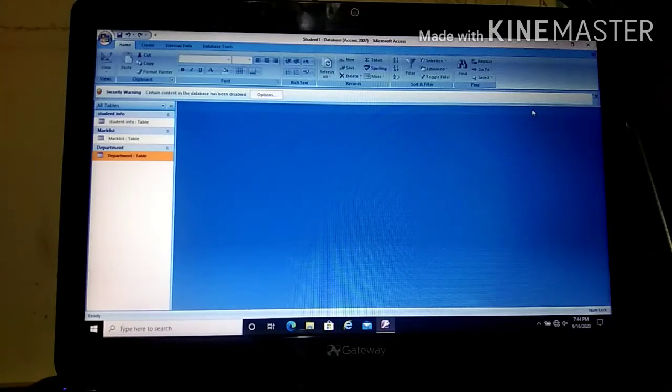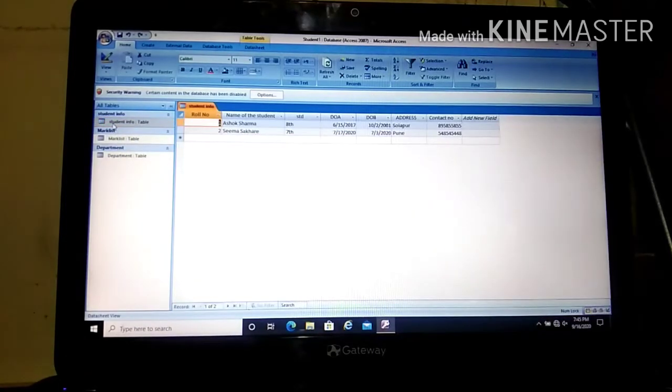In that, the first point is inserting a field. As I already explained how to insert a new field and edit the already existing field in your table, once more we are going to see that thing. Okay, now let's see. This is the database we have seen last time. So what I'm going to do, again I'm going to add a new field in this table, in existing table obviously. Just open any table from this database.